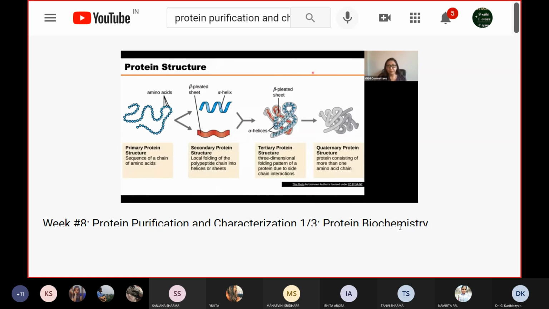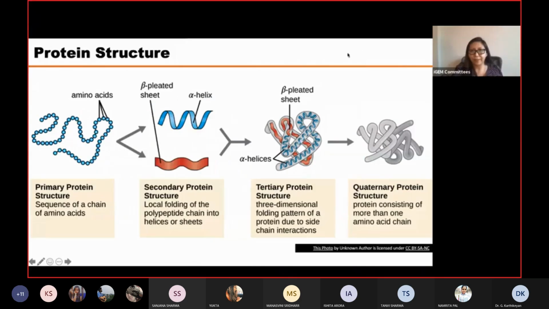As we all know, proteins have different structures. You can have the primary protein structure where you have amino acids bound by peptide bonds, but then these amino acids begin to form hydrogen bonds,